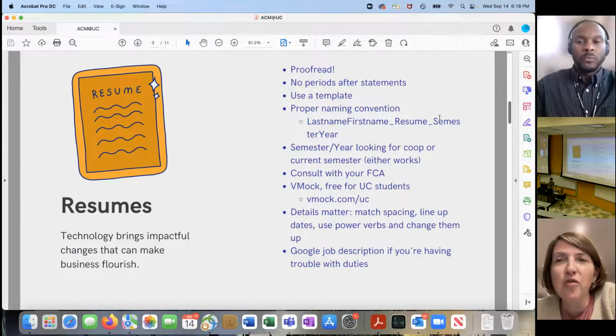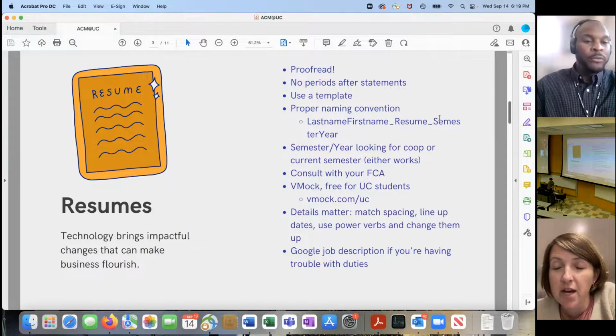I've Googled a lot of job descriptions for things that students have done, to think, hey, this is actually something you've done on this job. Did you do this? That's a really good tip to figure out how to describe what you did: look up the job itself, what they're asking for in an applicant.